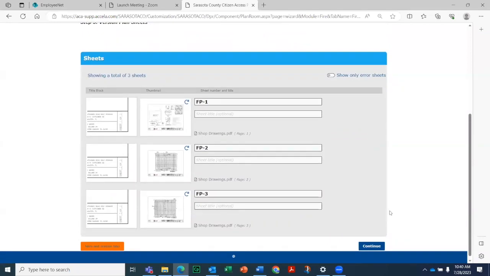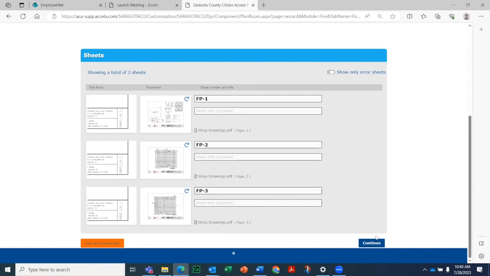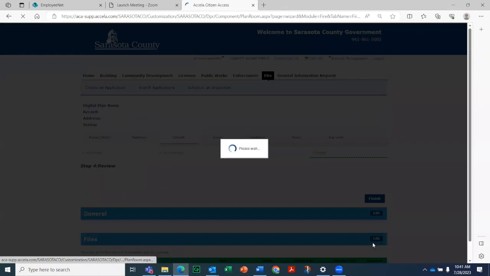It'll bring you to a page where it'll look at the plans over, and if it can determine the sheet numbers that you've provided, then it will go ahead and auto provide a list of those sheet numbers that it had acquired from the program. If there's any issues with it identifying those sheet numbers, you'll be requested to add sheet numbers or verify those sheet numbers yourself. In this particular case, it did manage to pull some sheet numbers down for me, so I will verify them and hit continue.